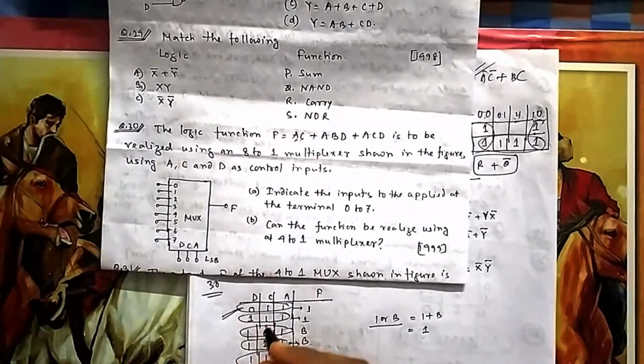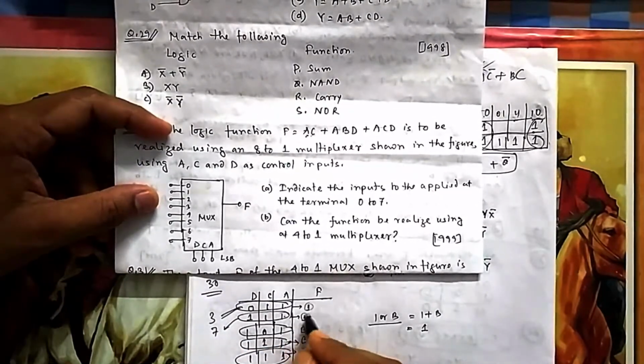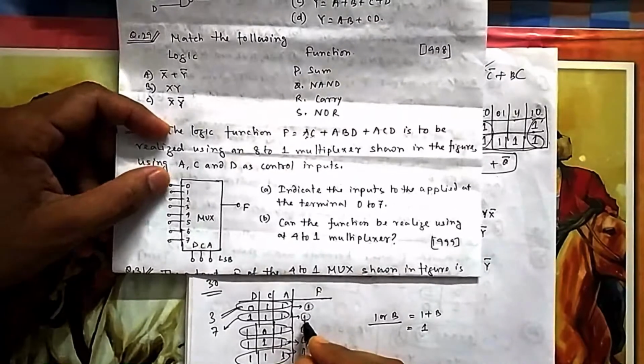So what does this mean? 0, 1, 1 means what line? Which line will be selected if I give 0, 1, 1? It is the third line, because 2 plus 1 is 3. What is this line? 4 plus 2 plus 1, 7. So the 7th line will also be 1, because if the input is 1, then only the output is 1. Now this one, 1, 0, 1: 4 plus 1, 5. And this one again is 7 only. So 7 is 1.